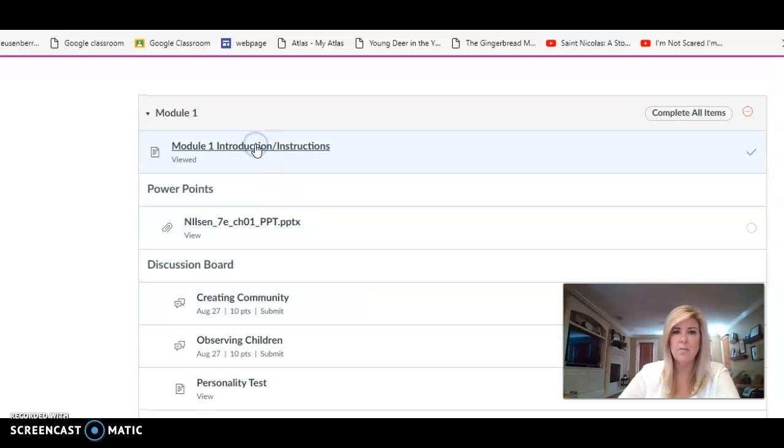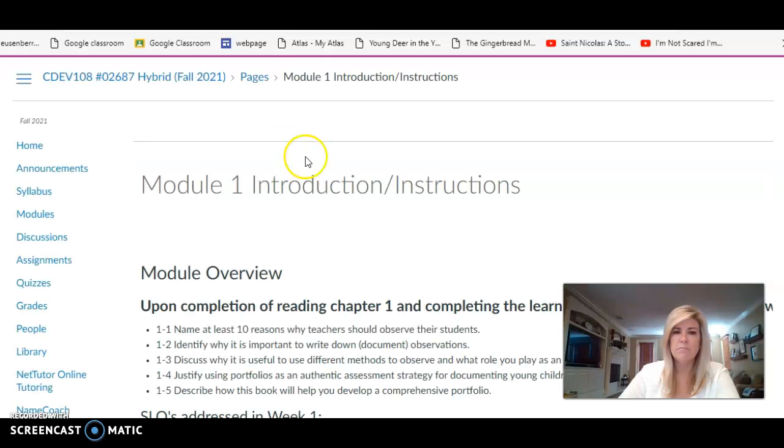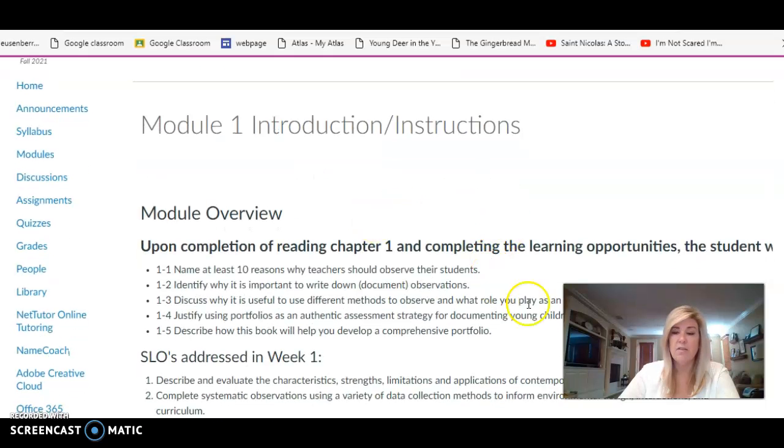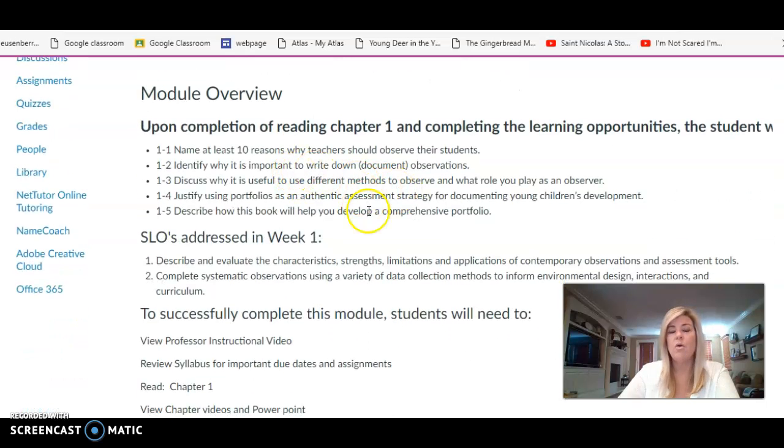So I'm going to click on Module 1 Instructions, and as you see, this video that you're watching is embedded at the top. And then I always go over the overview. So basically, there's always going to be 3 to 5 that I want you to really hone in on while you're reading chapter 1. So during the reading, you should make sure to keep going back and forth and to make sure that you understand and that you're building a foundation on these things